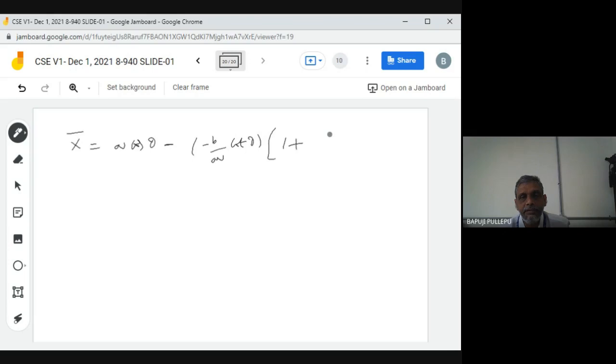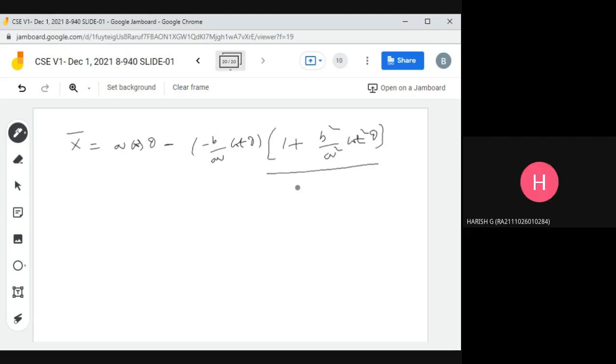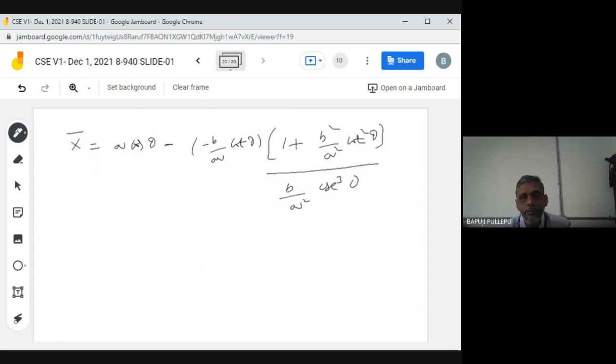One plus y1 squared is again b squared by a squared cot squared theta. y2 is what? b by a cube, b by a cosecant cube theta. b by a squared, a squared or a cube? a squared. Then everything you can change into cos and sin, better, because I want to get it in terms of cos and sin so you can simplify. First, simplify this part.